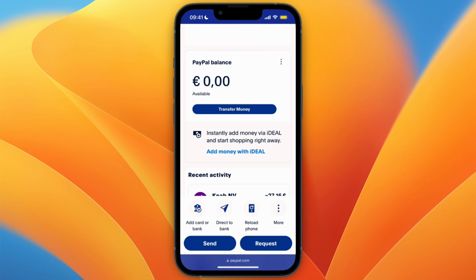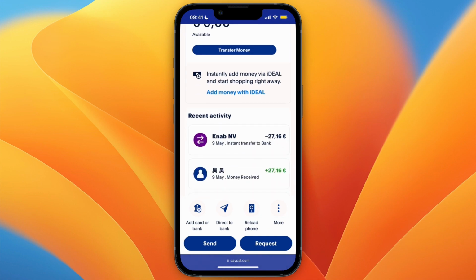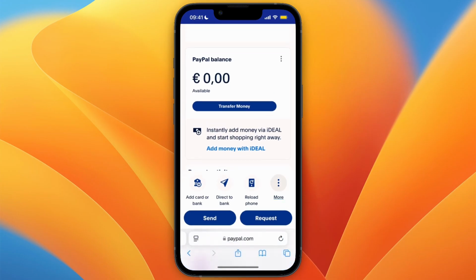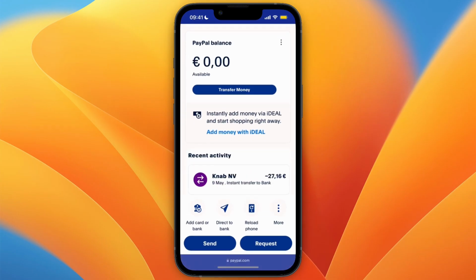In this video, I will show you how you can send money from Revolut to PayPal. So in order to do this, you will need to go to the PayPal website. You cannot do it from within the app, at least from what I've seen. So just go to the PayPal website, either on desktop or on your phone, and go and sign into your